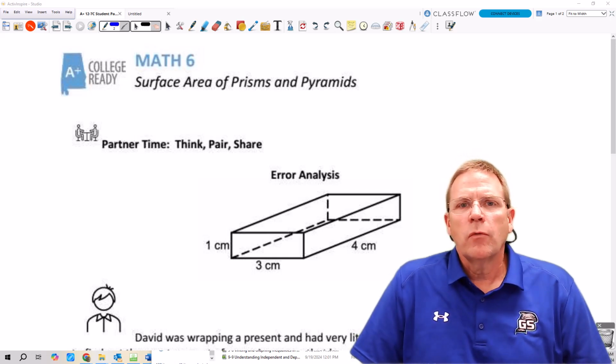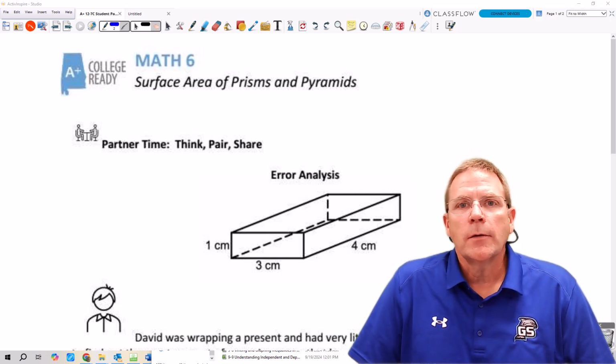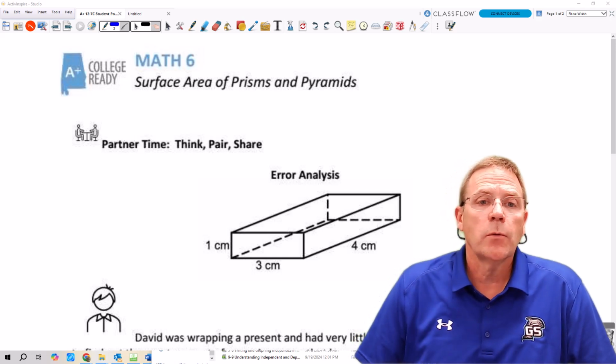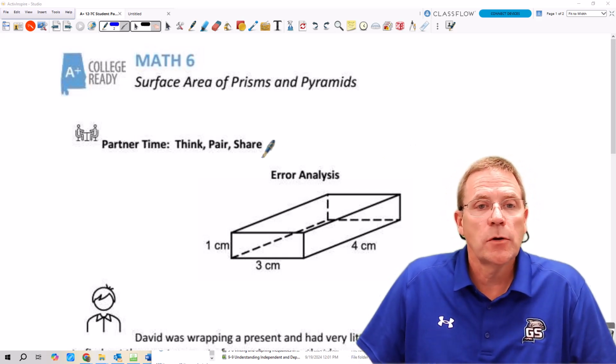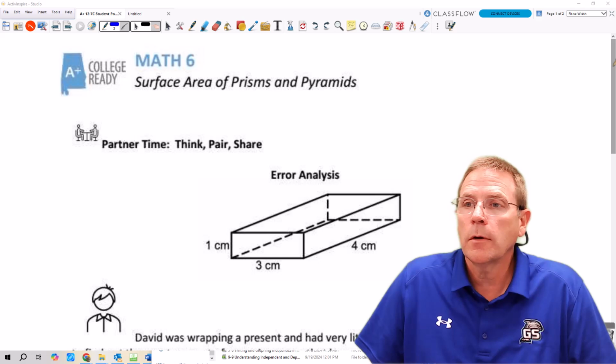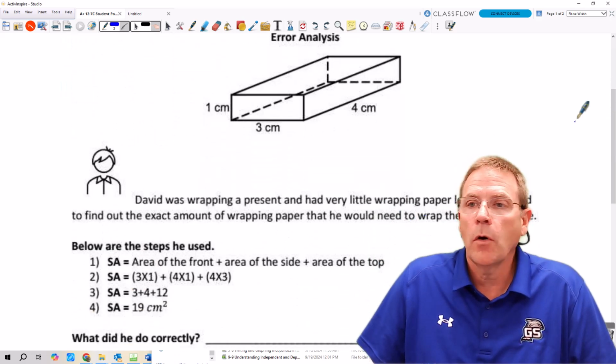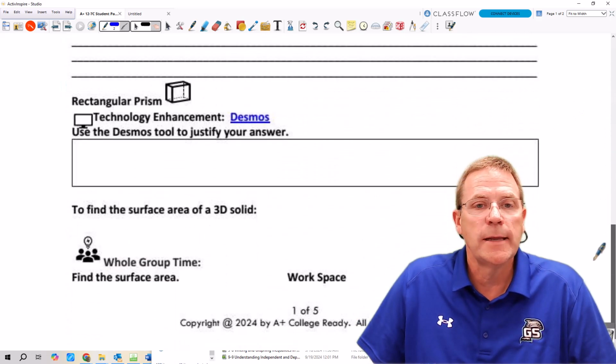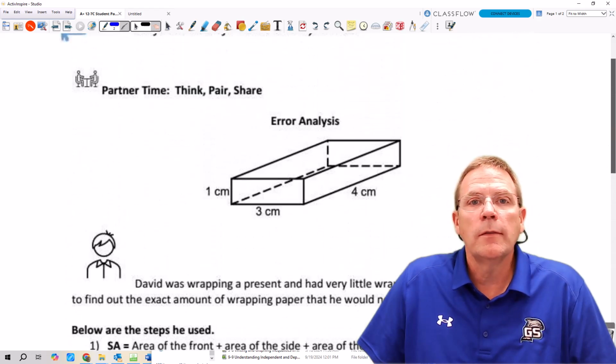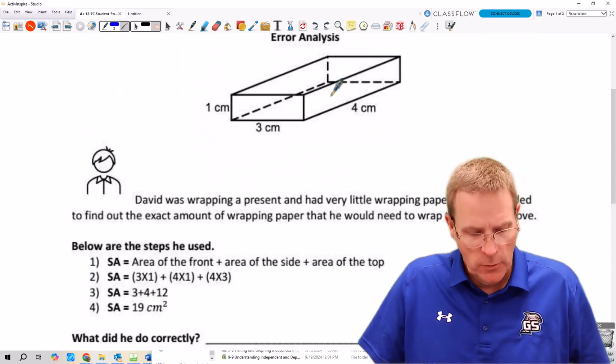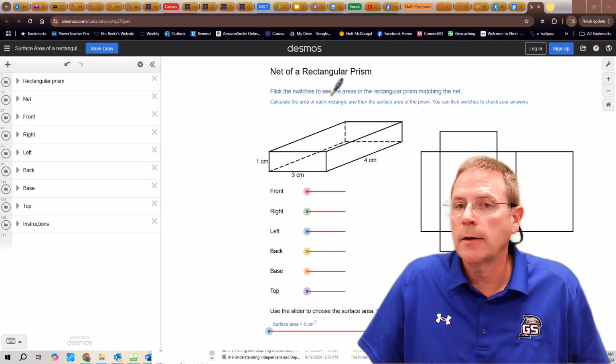For Module 12, Lesson 7, we're breaking it down into 2 days. The first day, we're going to start off with this Think, Share, Pair time, where you and your teammates are going to be working on this whole first page together. Now, in doing this, there's a link to a Desmos activity, and that Desmos activity is going to pop up